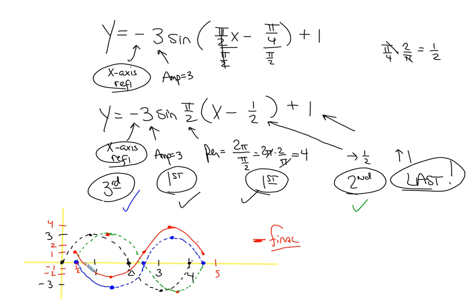We know that this is 1/2, but we don't know what this is. We know this is 2.5, but we don't really know what this is. We know it's between 2 and 2.5. To find those, really you need to solve trig equations, and that's what we do in Chapter 8. So don't worry about that right now. Okay? All right. So that's the deal with all of our transformations now: x-axis reflections, amplitude, period adjustment, phase shift,